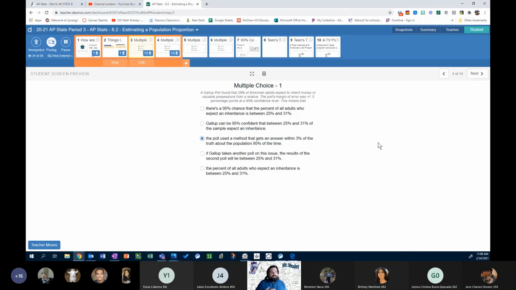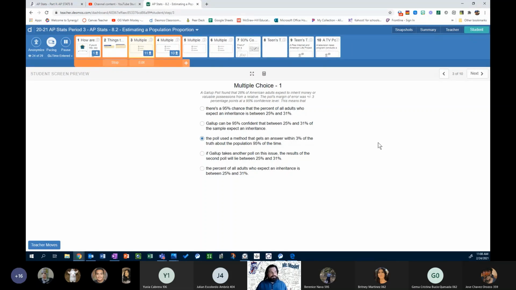Because again, they're referring to the confidence level. When we're talking about confidence level, that means that if we repeated this sampling over and over again, about 95% of our samples would result in an interval that captures the true proportion,